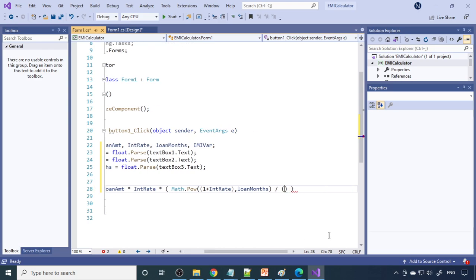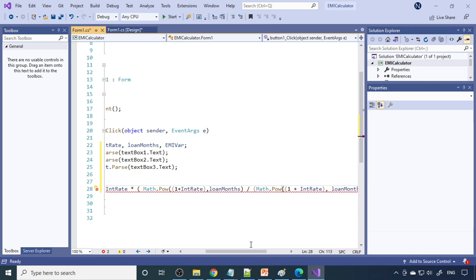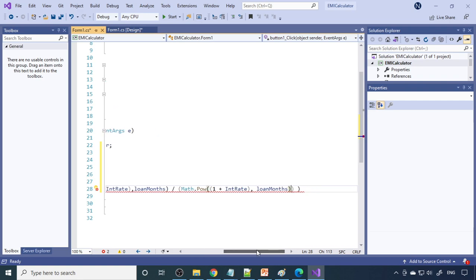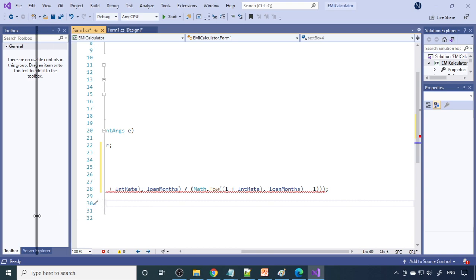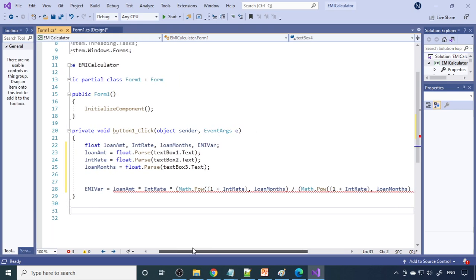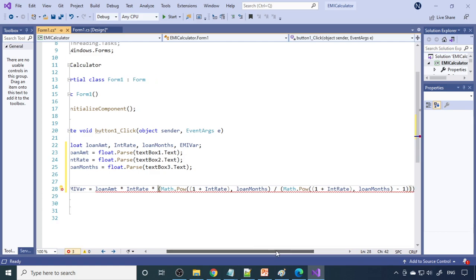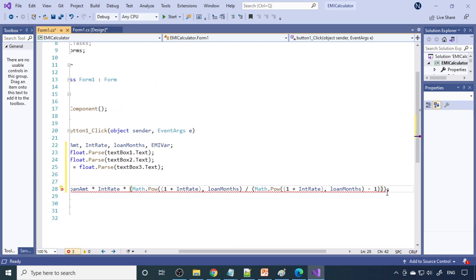Let me have one more bracket here. Same. So this is minus 1. Record one more brace. Let's see what happened. Okay, there is an extra brace here, so we don't require it. We need to take this out.